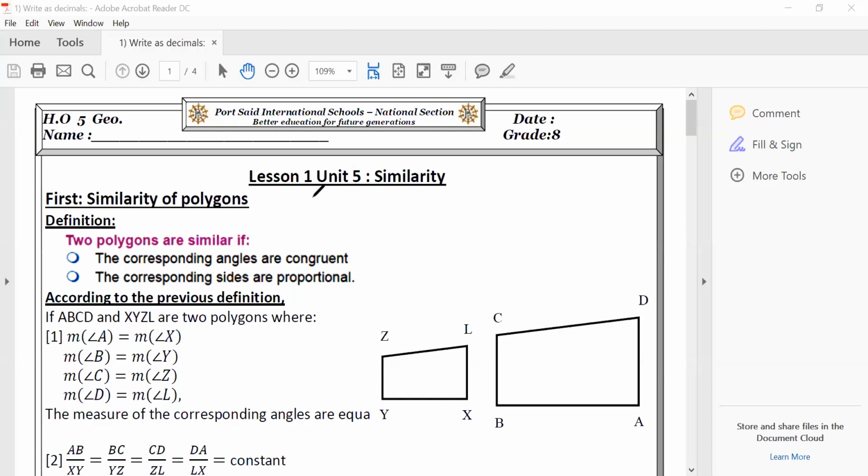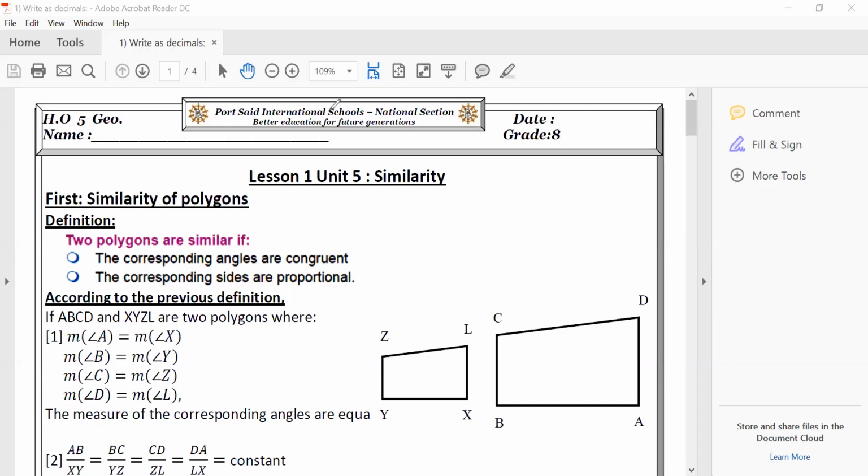So with similarity, something may be small in reality but I want to make it big, or the opposite: something already big like me, and I take a photo of me. Of course, my photo will not be the actual size. It will be minimized compared to the actual size. Okay, this is the concept of